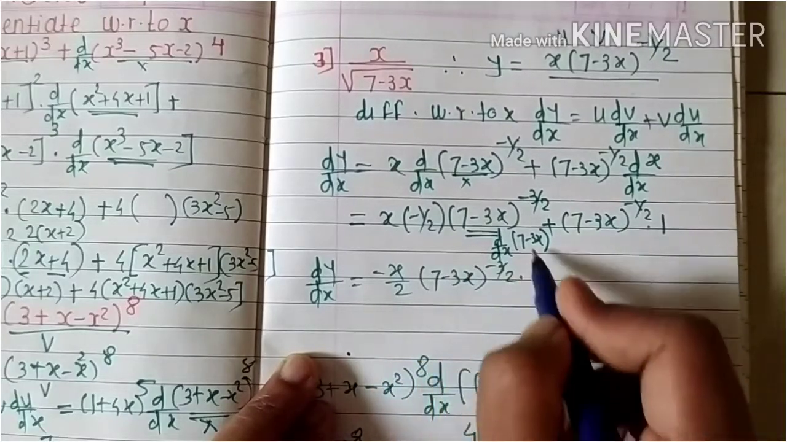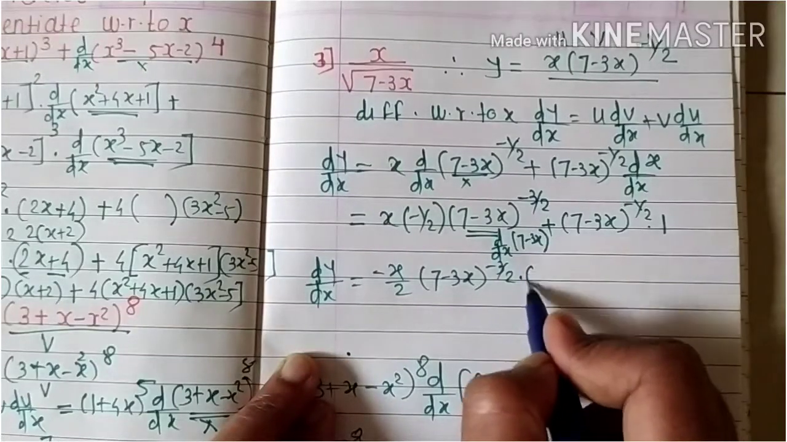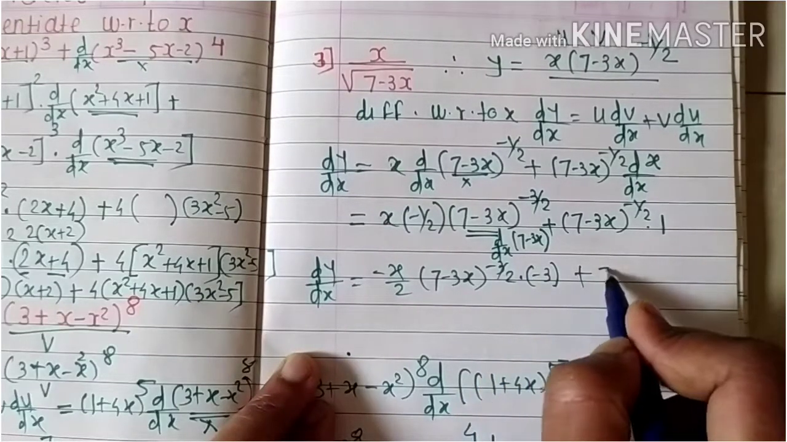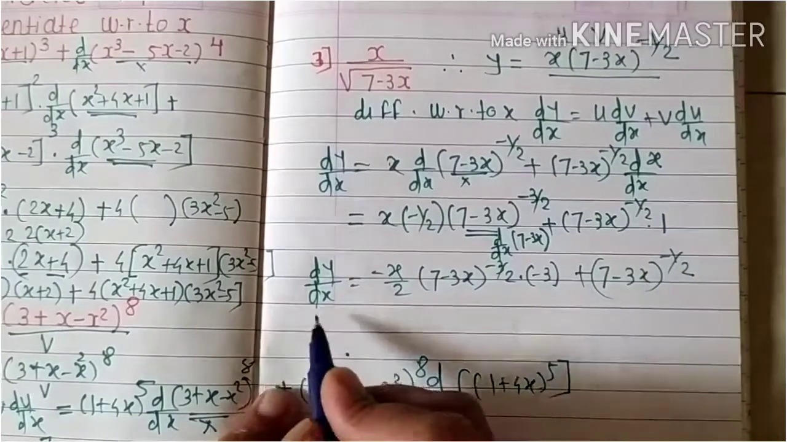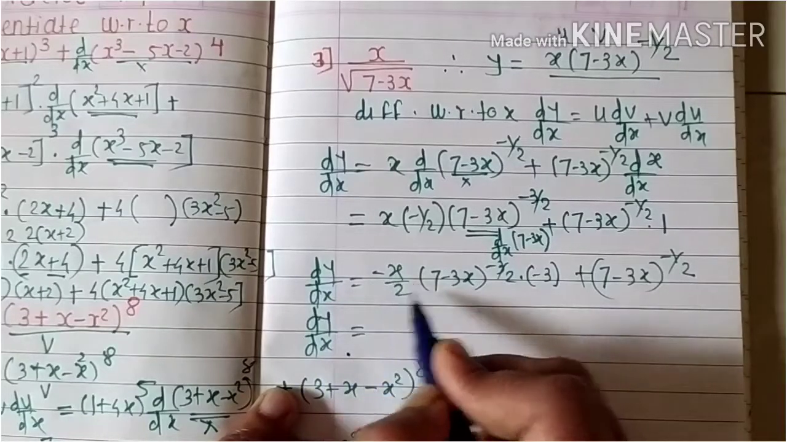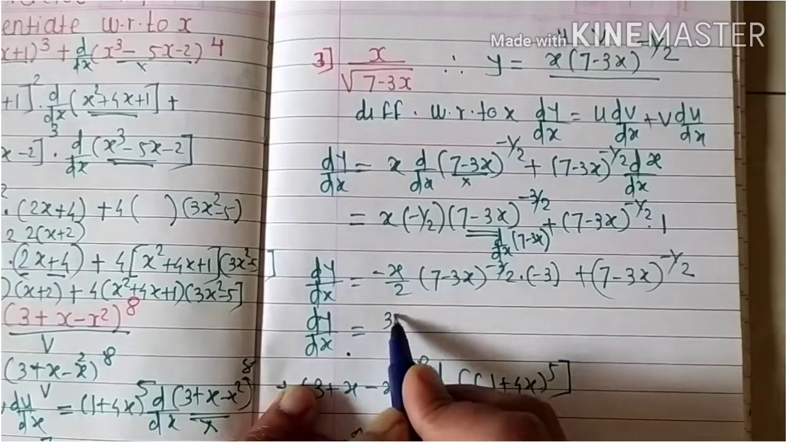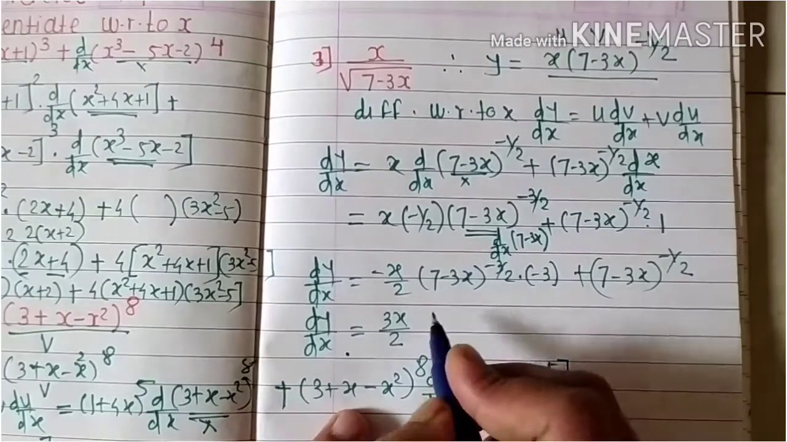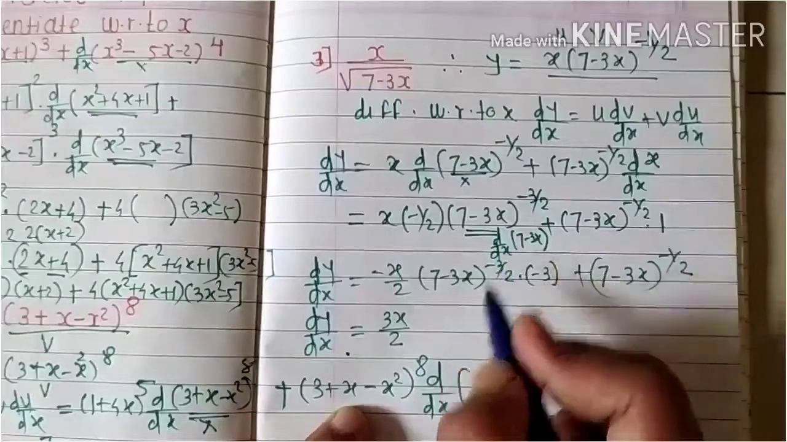Then here dy/dx is equal to minus x by 2 into (7 - 3x) raised to minus 3 by 2, and the derivative of 7 - 3x: 7 is constant, 0, and minus 3x has derivative minus 3, plus (7 - 3x) raised to power minus 1 by 2. Means what we get, dy/dx is equal to minus x by 2 and this minus 3, that is minus minus plus, that is 3x divided by 2, into (7 - 3x) raised to minus 3 by 2,